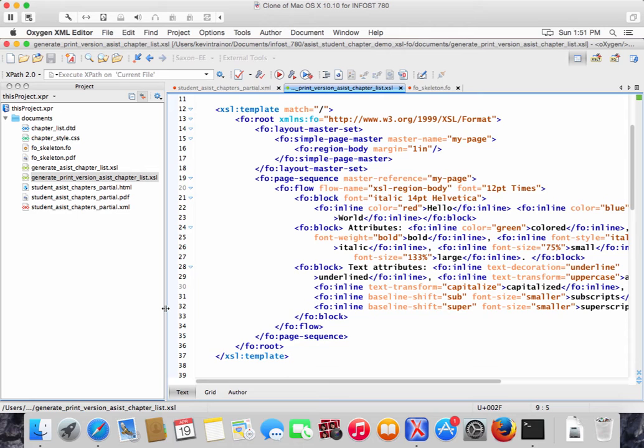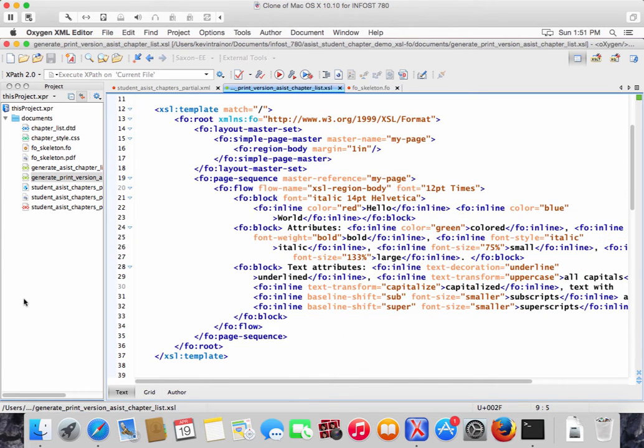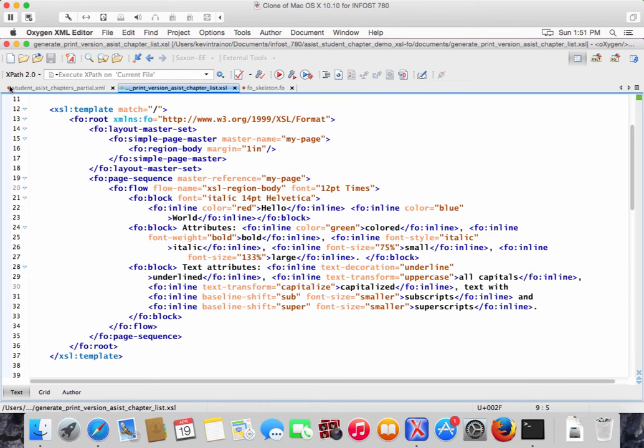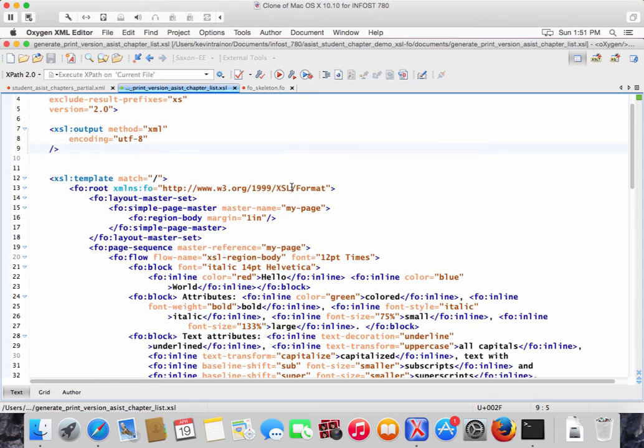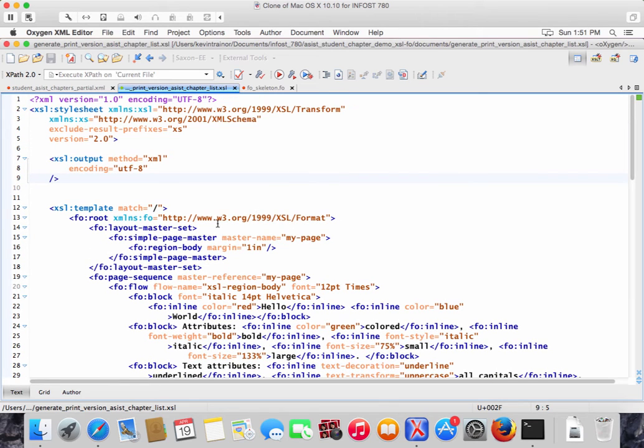All right, so let me back this up over here. If I want to see this, let me close the project thing. Now we can see all of my text. All right, so let's look at this. Oh, I just want to point out that putting this namespace on this